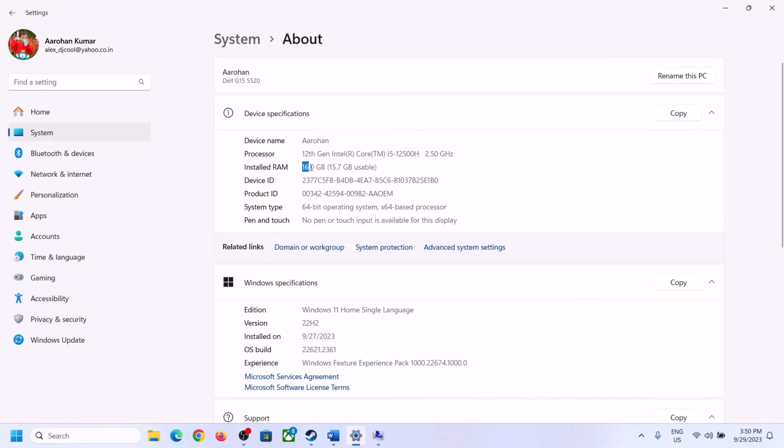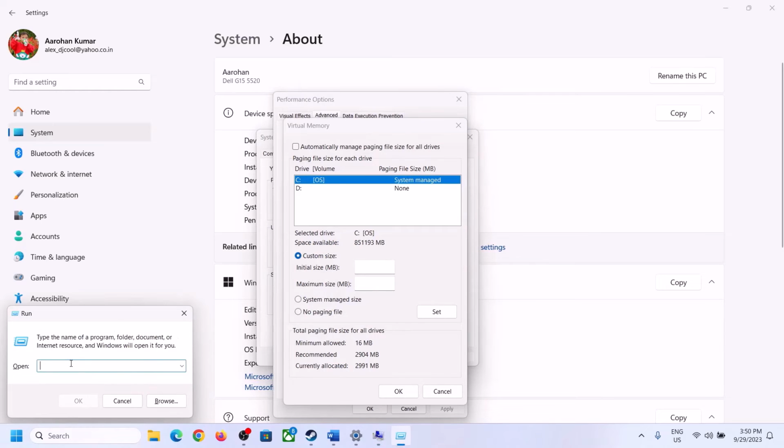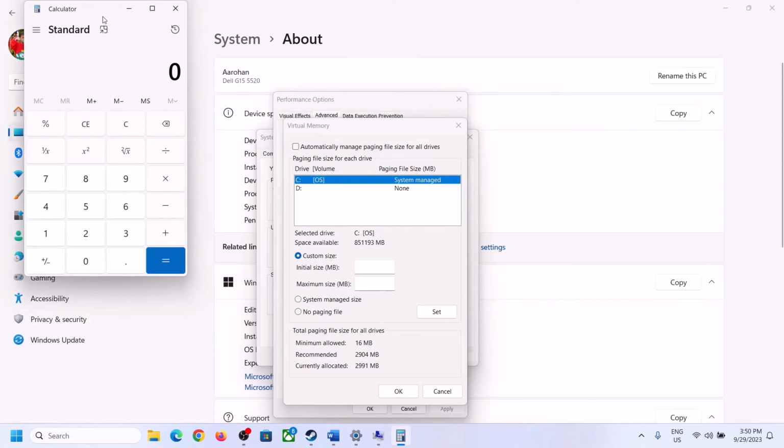So you can calculate accordingly. In my case it's 16 GB, so I will calculate as per 16 GB. First of all we have to convert 16 GB into megabyte. So we will open calculator. Type calculator in the run box and then click on OK, and over here